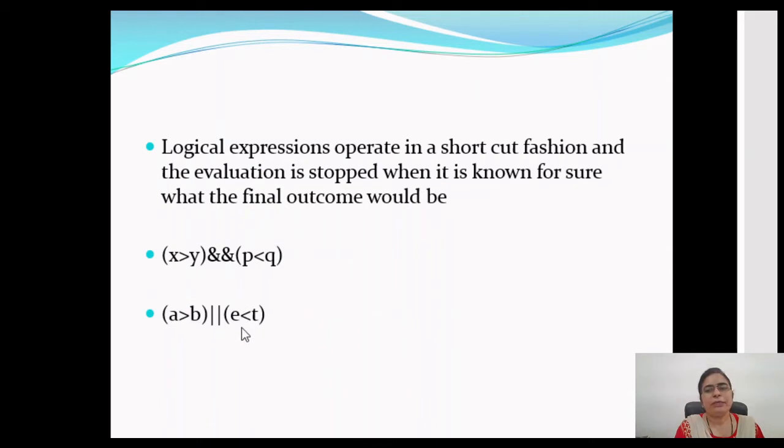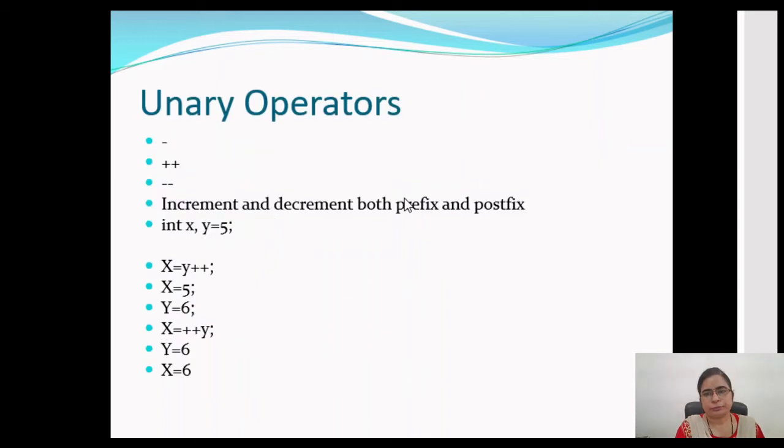So we can skip the evaluation of E is less than t, because its output, whether 0 or 1, will not affect the result of the complete expression. So this is how logical expressions work in a shortcut fashion.